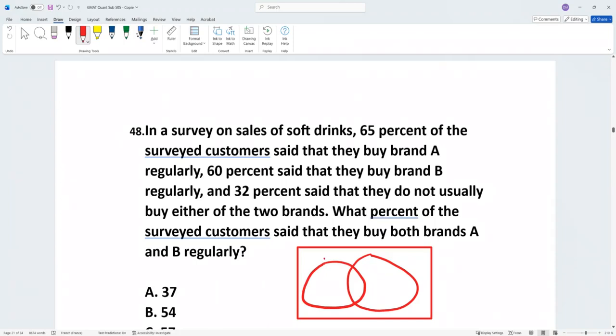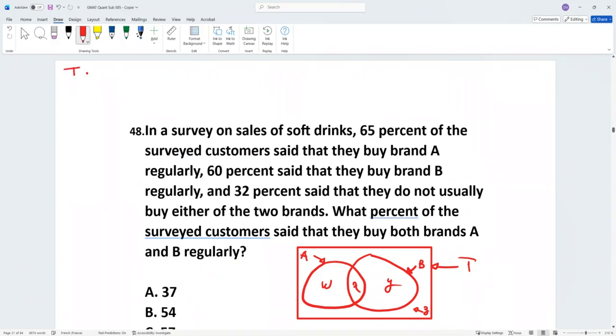So this I'm going to say A, this I'm going to say B, this here I'm going to say Z, I'm going to call here X, I'm going to call it W, and this I'm going to call it Y. And the whole here, I'm going to call it T. Okay, so now,